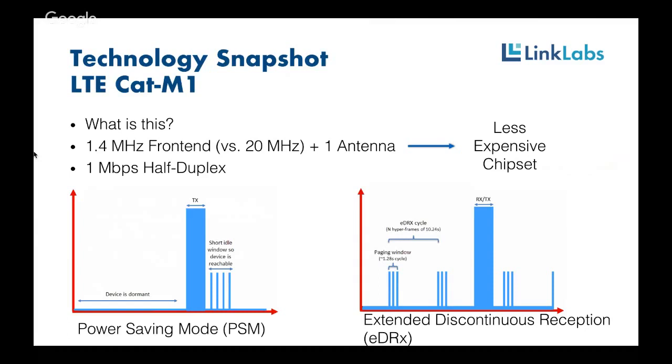And EDRX says, hey, base station, I'm going to wake up every 40 seconds, 2 minutes. There's all sorts of intervals available, and listen to see if you have traffic for me coming down. And I don't want to have to transmit every time. So this allows devices that want to have low power budgets, but still need to be reachable, to do things like turn valves, turn off electric loads, etc. So these two things combine to make LTE Cat-M1 a really power efficient, really powerful technology.